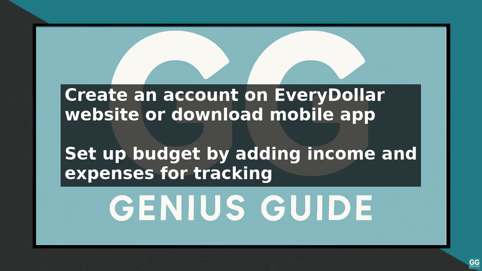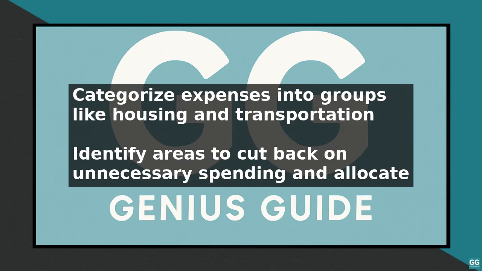your money is going. The next step is to categorize your expenses into different groups, such as housing, transportation, and food. This helps you to identify areas where you can cut back on unnecessary spending and allocate that money towards more important goals. EveryDollar provides preset categories to make this process easier, but you can also create custom categories that